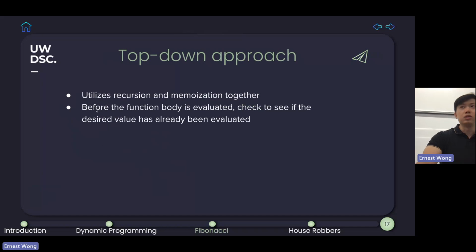All right, so now that we have these three things, we can approach this in two different ways. The first way is called a top-down approach. What that is, is we're going to use recursion and memoization together. So we're going to be doing what we did before with recursion. So Fibonacci 5 is equal to Fibonacci 4 plus Fibonacci 3. But now, anytime we encounter a value that we've already calculated, we're going to return that value instead of recursing. So I'm just going to put that in code right now.